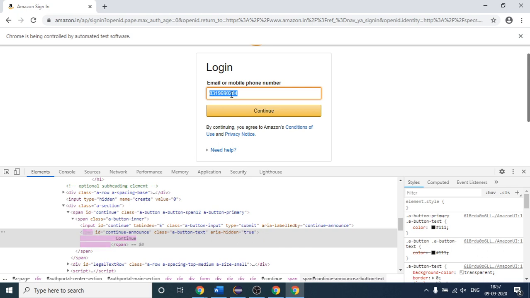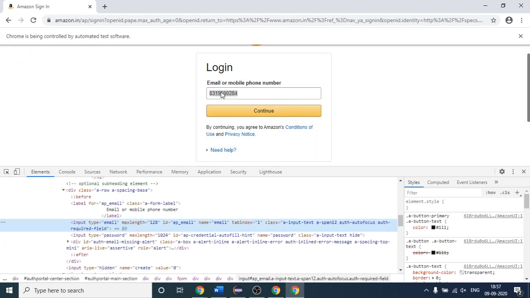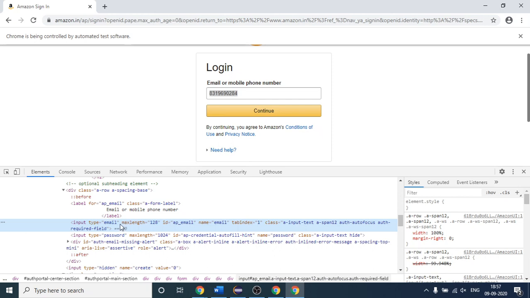But here, I have written that number. If I click this, you will see that the number 831969028 is not present here. It is the number which we have entered, it is not present by default. So this is the reason get text is returning an empty string in this case, because it has not found any number here. So how can we solve this issue?